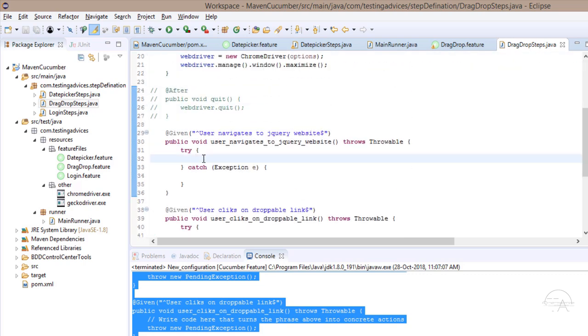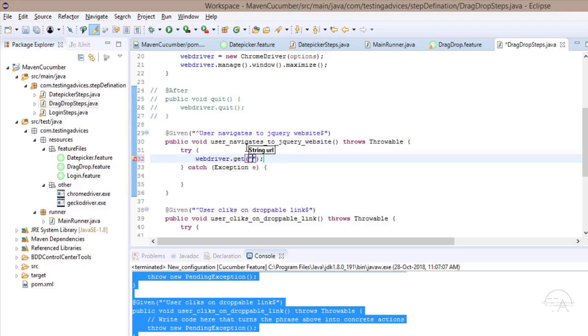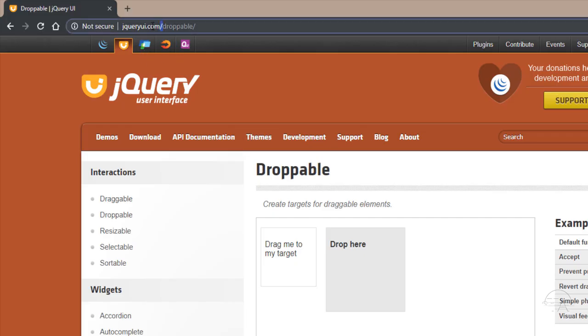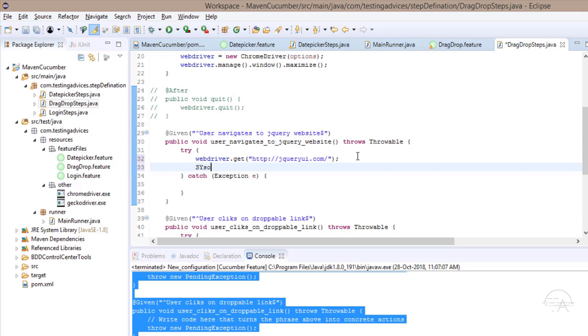now let's start implementing the code. So first is user navigates to jQuery website. So we'll write webdriver.get. Okay, inside that we'll copy this URL. Okay, after that we simply verify the page title. Okay, so page title is